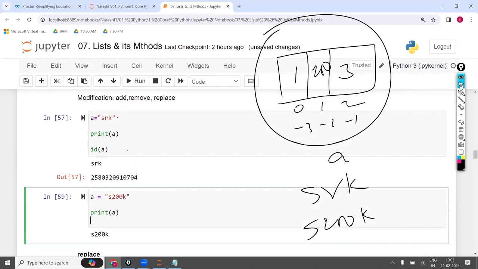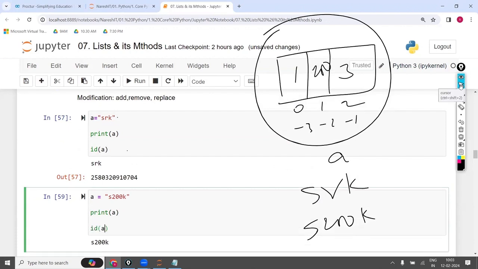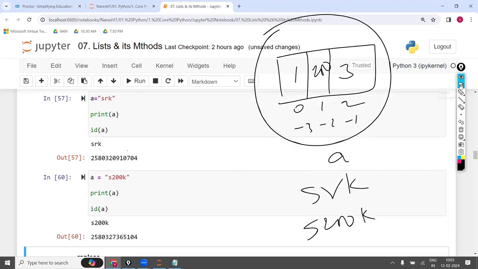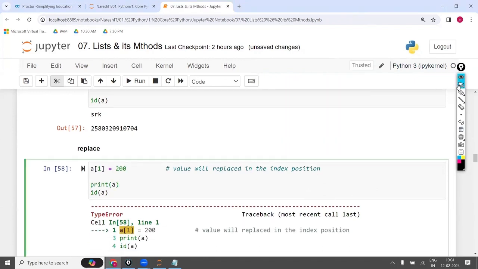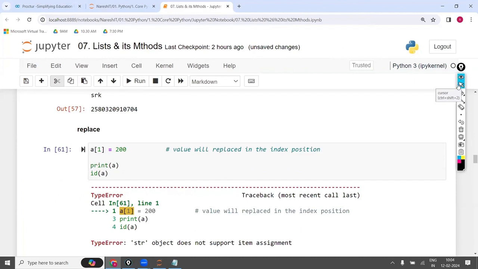But what are the IDs? Both the IDs are different. Both are not the same. So only within the same object can we replace the value. Is the point clear?